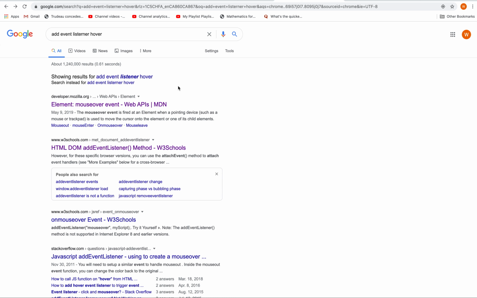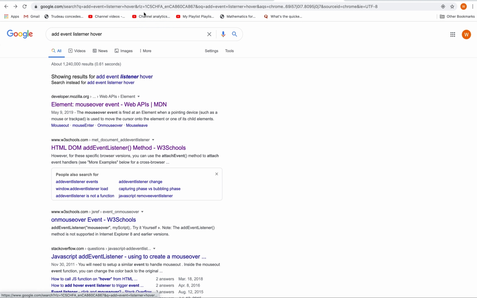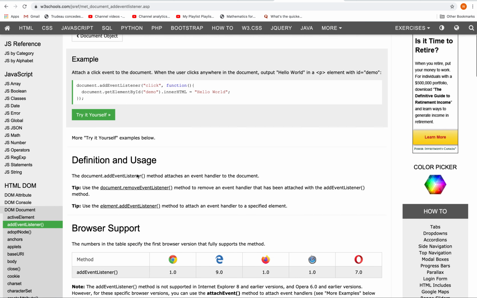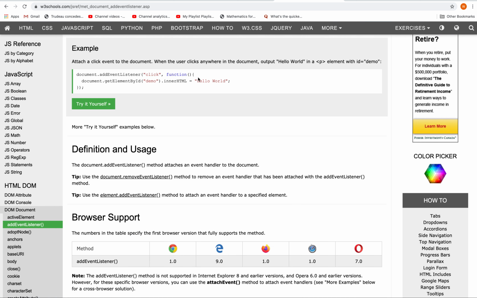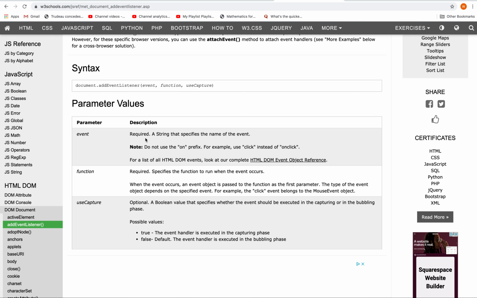So hello everybody, this is a continuation of 7.5 we were doing earlier. And I remember doing something that didn't work, so let's take a look at how come. So I googled add event listener and I said hover. So I look at the W3 and I'm looking here and I thought I did everything right except the event,